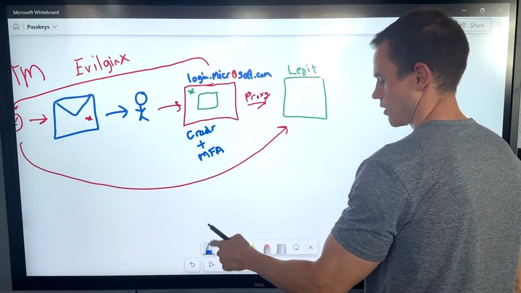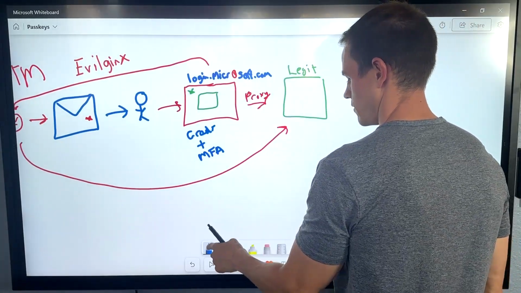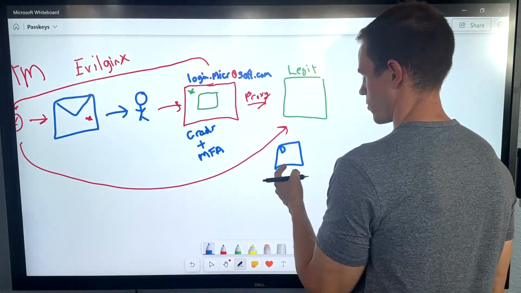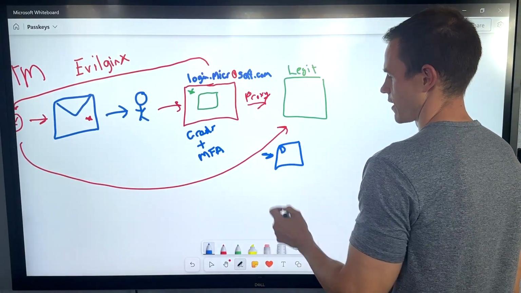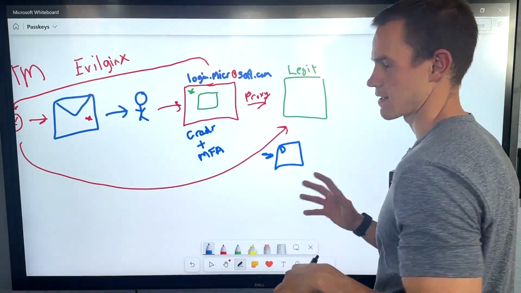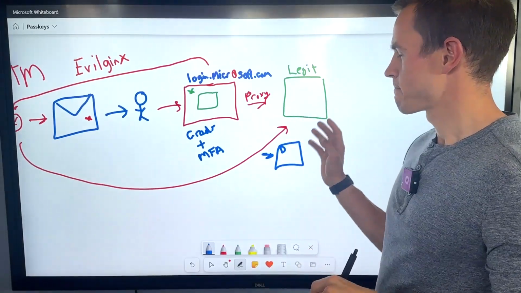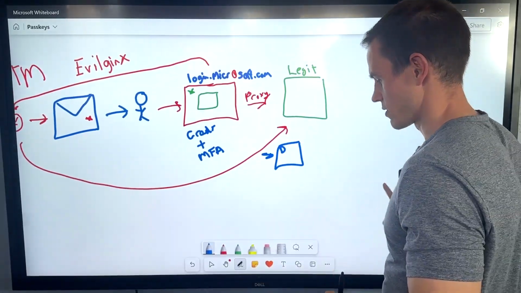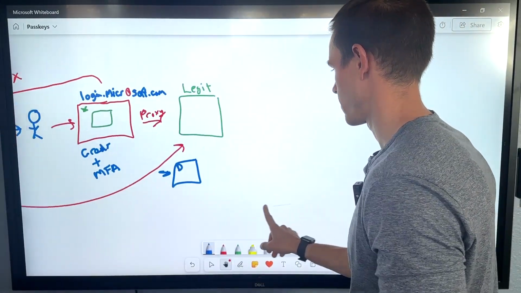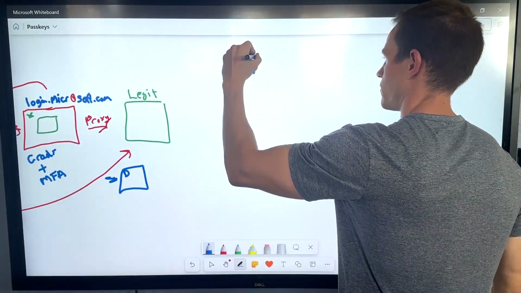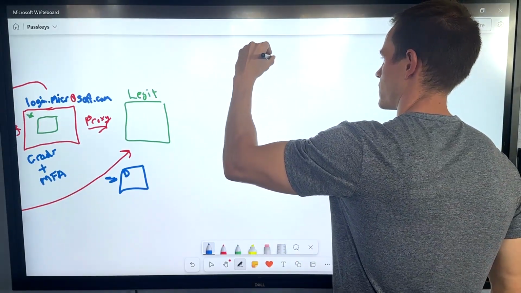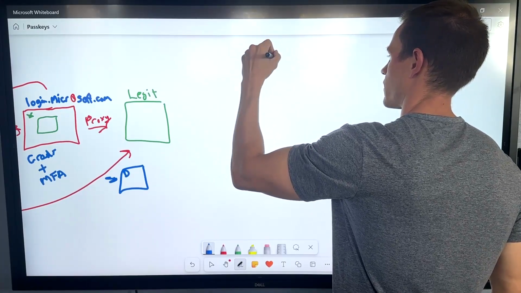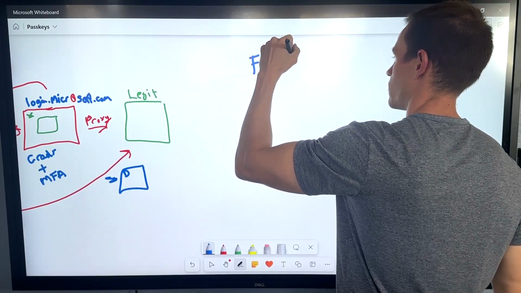Real quick here though, on this note, the malicious user is often accessing that portal or the login from their own device. So in the sense of the context, they're obviously not logged into the user's computer, they're on their own device. That'll come into importance as we start to talk about phishing resistant MFA. But when we talk about this concept, we're going to be talking about something known as FIDO or FIDO2,